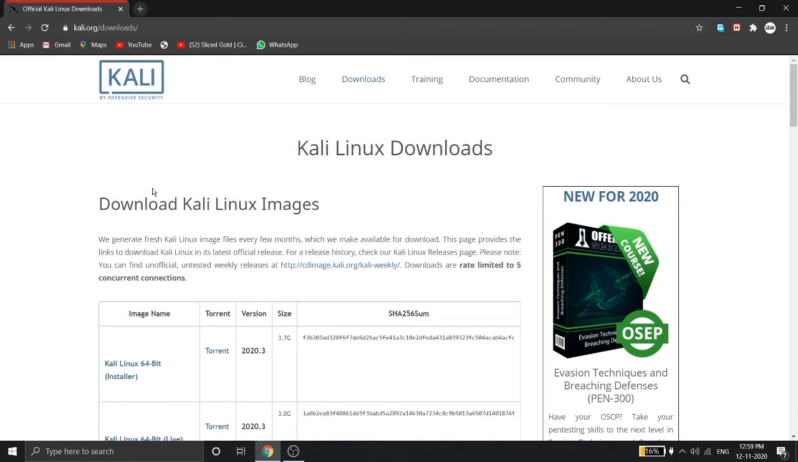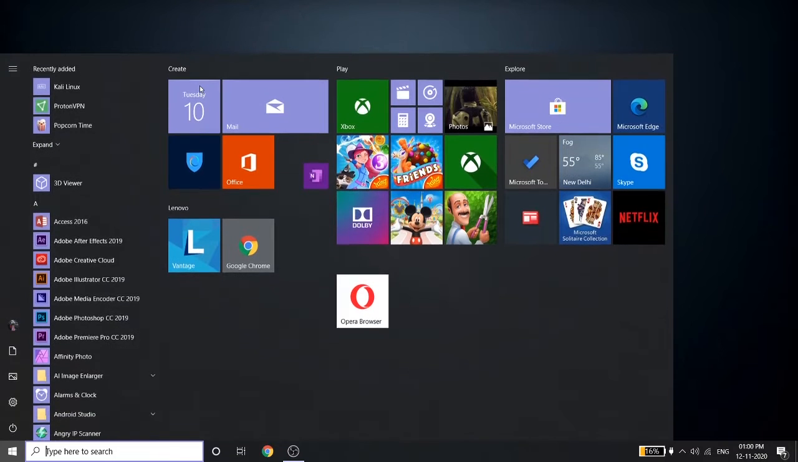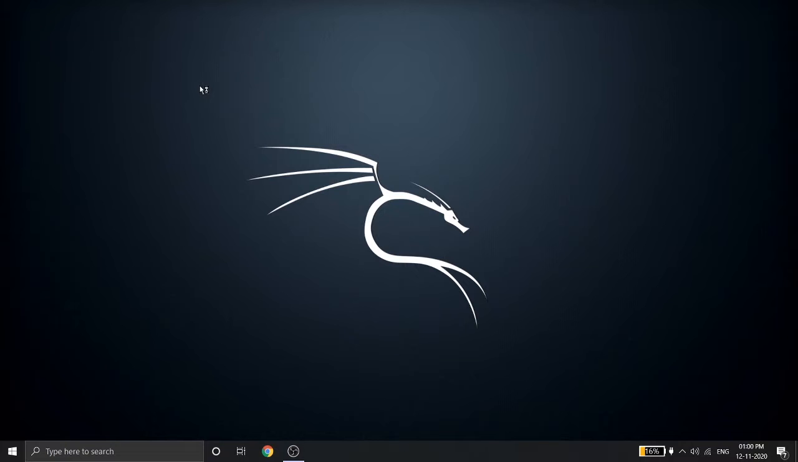You can either download in torrent or you can directly download through your browser. So I already downloaded this file, so I'm just gonna close it. It's about 3.7 GB, so bear that in mind. So let me close this and let me open VirtualBox